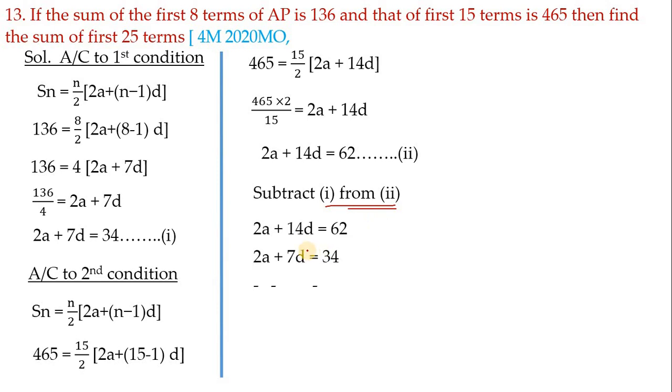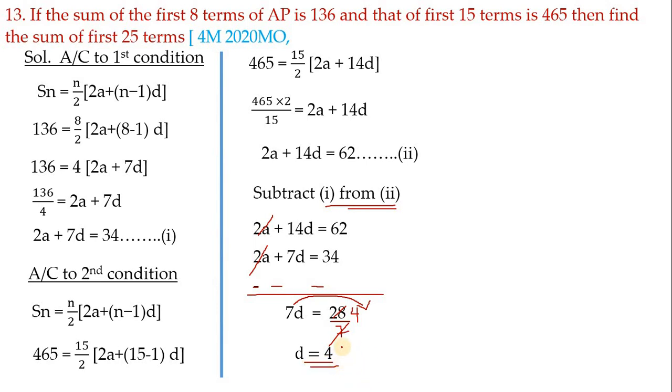So let me write equation 1 under 1. I said I want to subtract, hence I am changing the signs here. Now here plus 2a and minus 2a will get cancelled, and here subtract this. In 14d if you subtract 7d, I'll get 7d only, and in 32 subtract 34, you'll get 28. Next, this 7 you transfer this side, so it becomes the denominator. 7 ones and 7 fours. Therefore d value is how much? That is 4. Now we have to find a value.